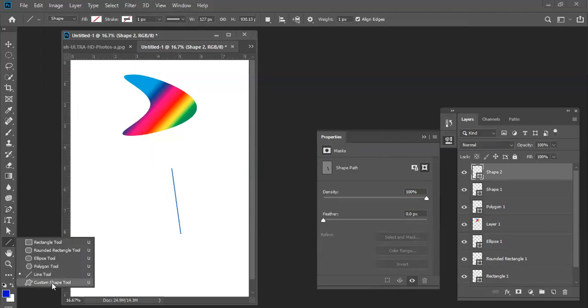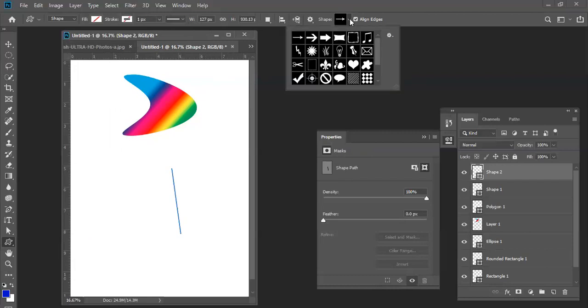Here, the most important thing in the shapes is the custom shape tool. When you're using the custom shape tool, you will get the shapes option here. Click here on shapes. There are a lot of shapes, but this is only a few.